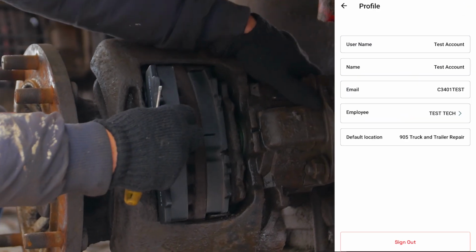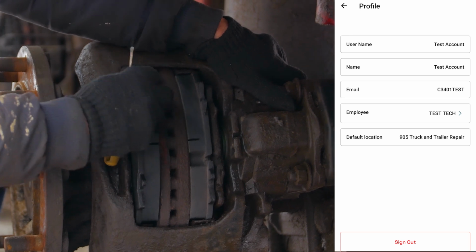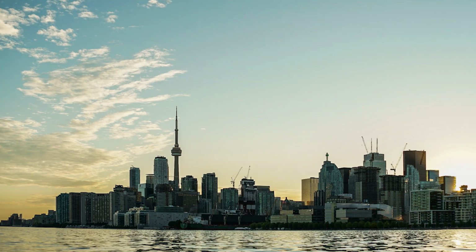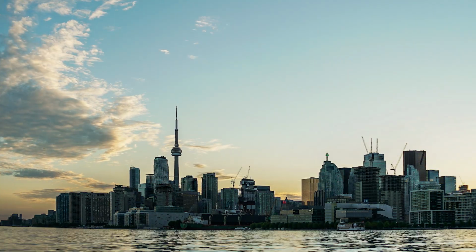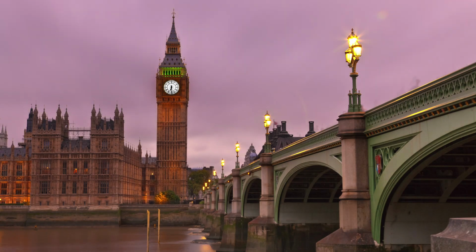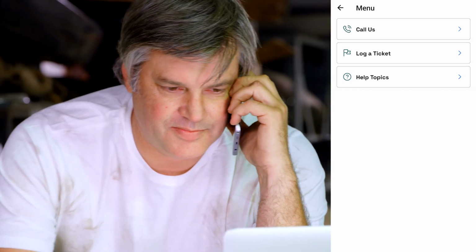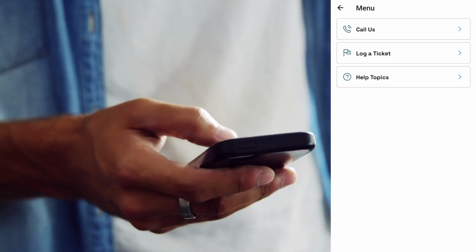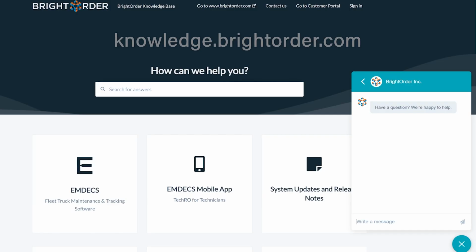The profile menu gives you a quick overview of your user information and the default location that you're working from. Whether it's Toronto, Canada or London, England, it's no problem. Our fantastic North American-based support team is always ready for you, whether you need direct support or to log a ticket or troubleshoot yourself via our extensive online knowledge base at